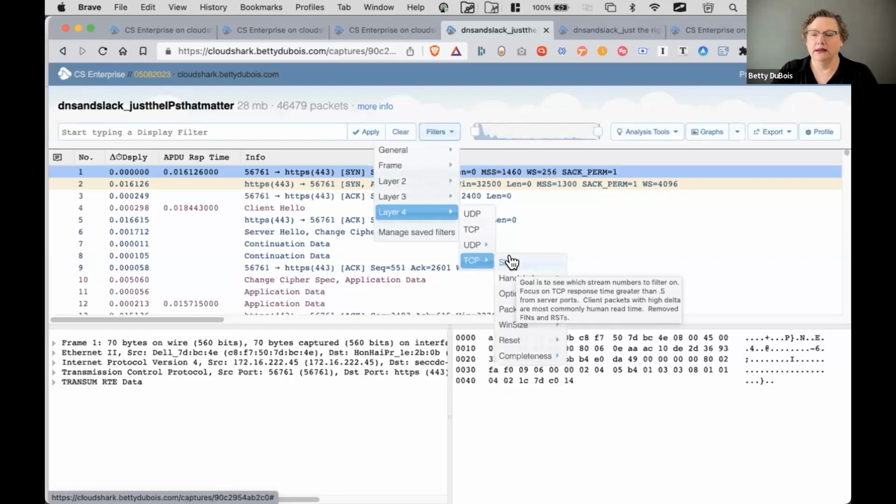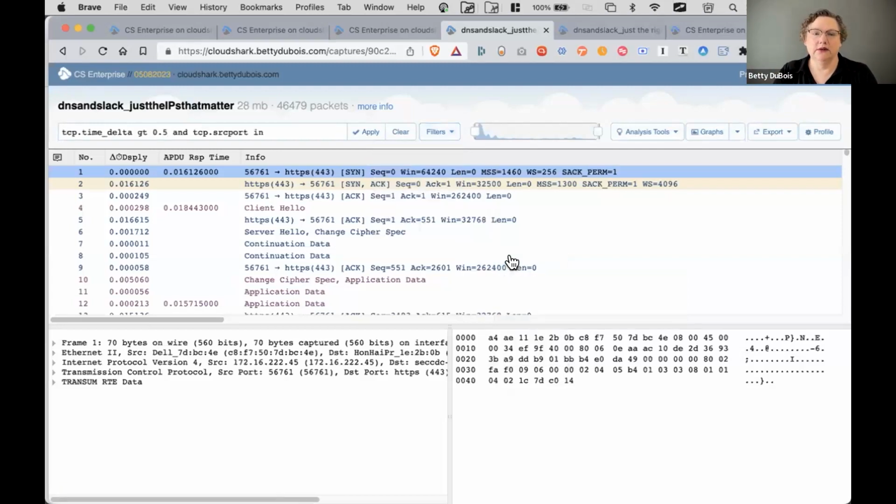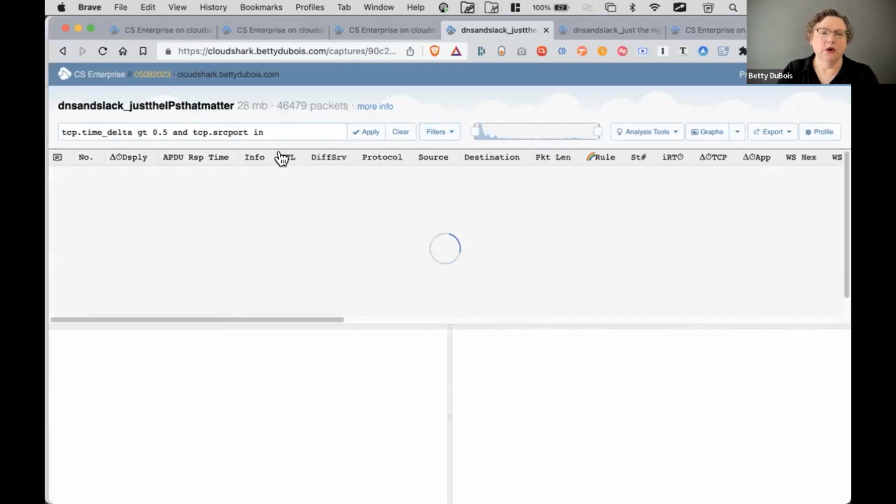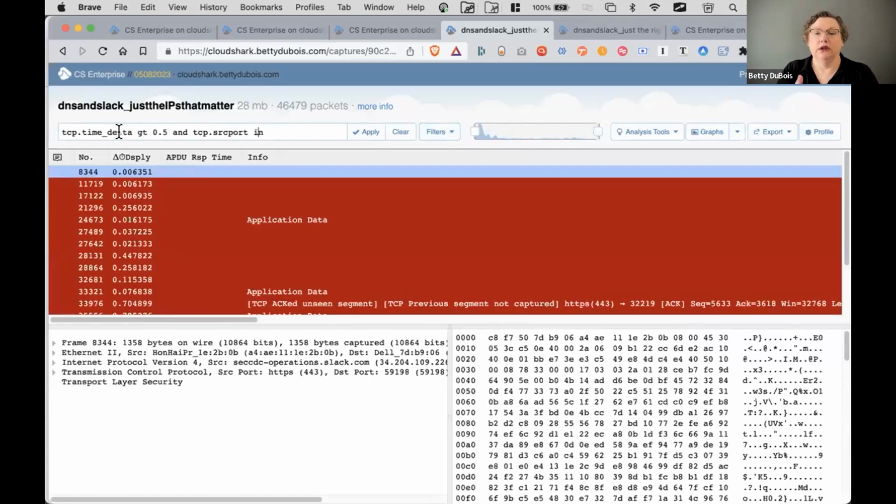Okay, all right. Now let's see. Hit the slow one. And while that loads up, it's already done. I've got to talk faster. Okay, I can't keep up with the CloudShark. All right, so I have